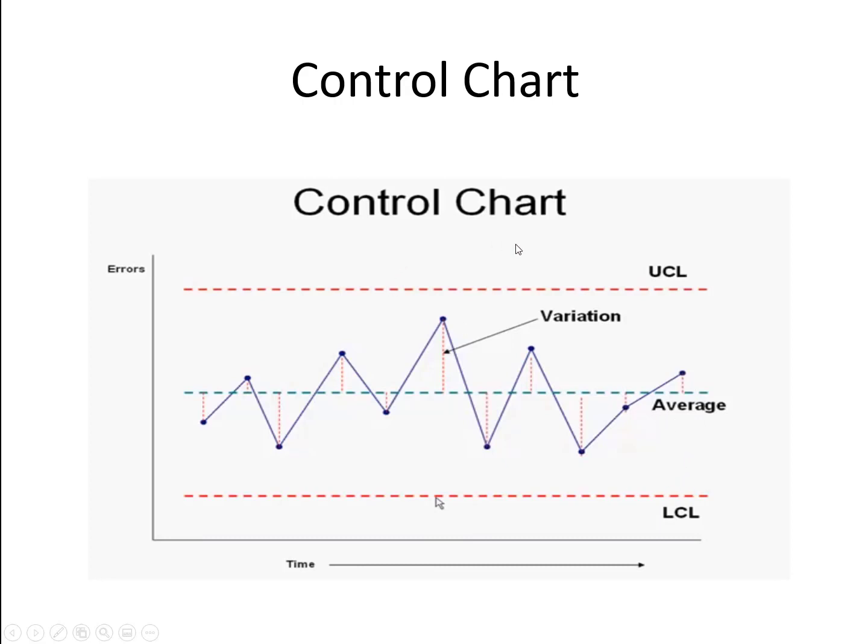So a control chart is where you define an upper control limit and a lower control limit, that this is the minimum point and this is the upper point. Then you need to decide which point is going outside of this and which point is going below this. You can see these are the deviations from the mean. There is a very minute deviation, but at this point it is a very high deviation on the upper side, and this deviation is on the lower side.